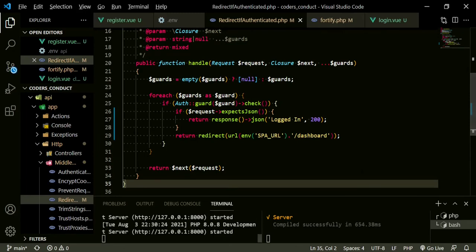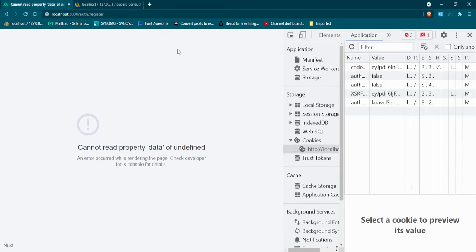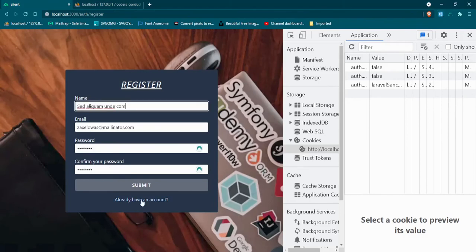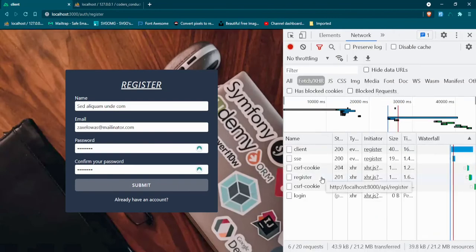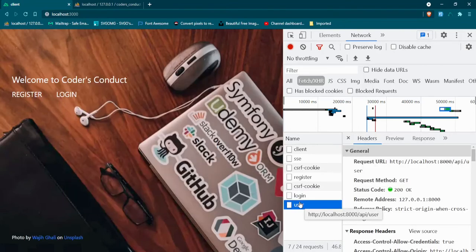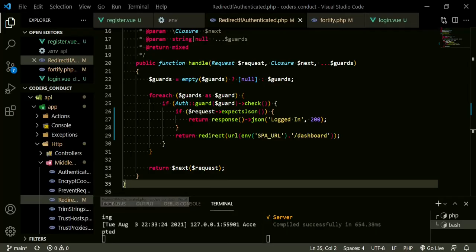Why don't we give this a try now? Make sure we log out everything. So we'll go to application, clear out the cookies, refresh. Okay, now we'll try to register another user. Go to our network tab. Okay, we're logging in, got our user. Okay, and that's what we wanted. We wanted to make sure we got that user, but it did redirect us back here. So the reason it did that is because in